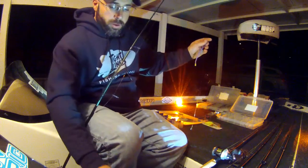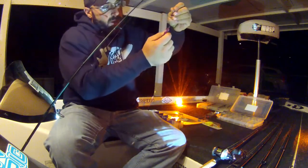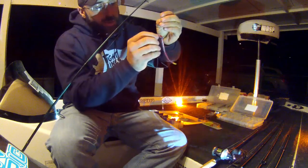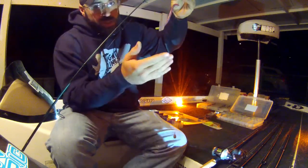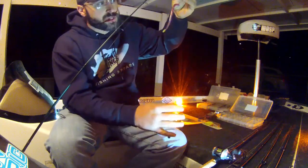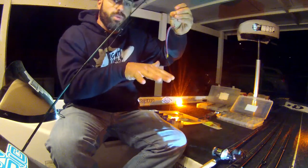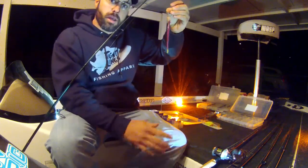So what you're going to want to do is tie, I prefer a uni knot tied on the top of the hook, so the actual hook is pointed upwards. Then take your leader, however length you decide, 6 inches, a foot long, 18 inches, whatever length you're trying to achieve, depending on how deep you think the fish are suspended off the bottom of the floor